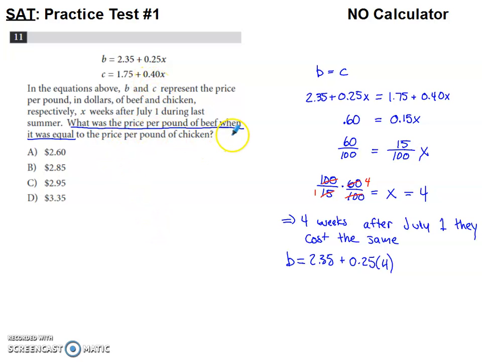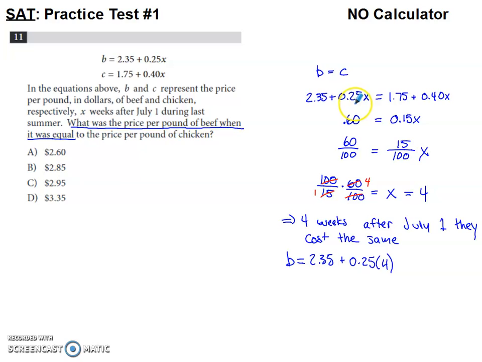What was the price per pound of beef when it was equal to the price per pound of chicken? So if you think about that question, we want to know what the price was of beef when it was equal to the price per pound of chicken. So what I can do is I can hopefully realize that I'm looking for when B and C are equal to each other. So if I substitute 1.75 plus 0.4x in place of this B right here, what I'm trying to do is I'm trying to now